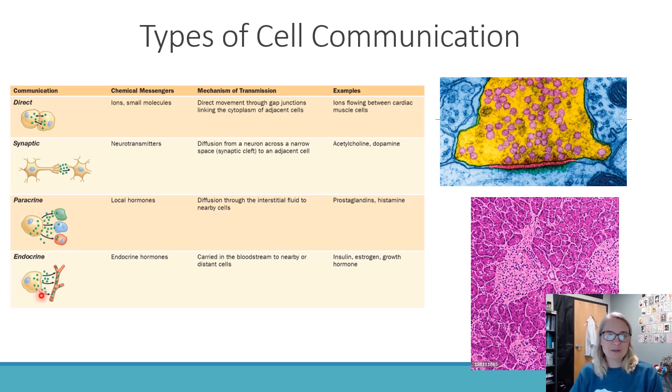And then the last type of cell communication, the one we're going to spend the rest of the chapter on, is called endocrine. Endocrine is the same type of signaling cell, releasing its hormone, endocrine hormones. But here the difference is those hormones are going to be traveling into the bloodstream. So in paracrine, they're just chilling out with their local cell neighbors. In endocrine, they can get carried to the entire body very, very quickly because they're jumping into the red blood cell highway, so to speak.